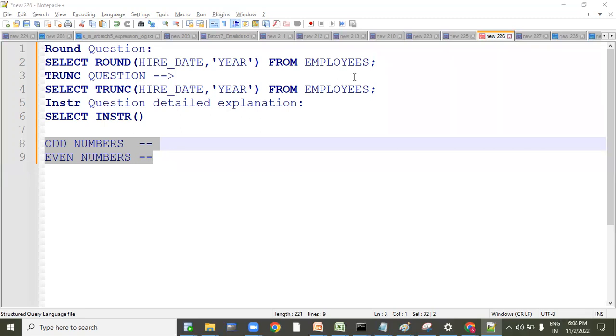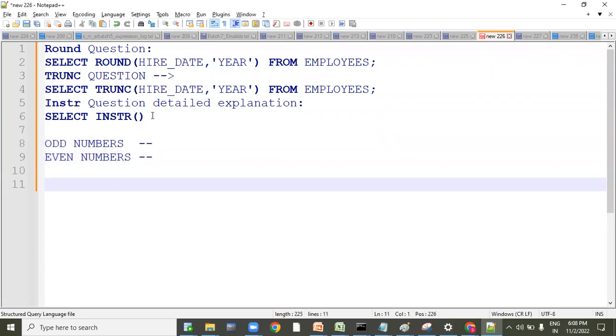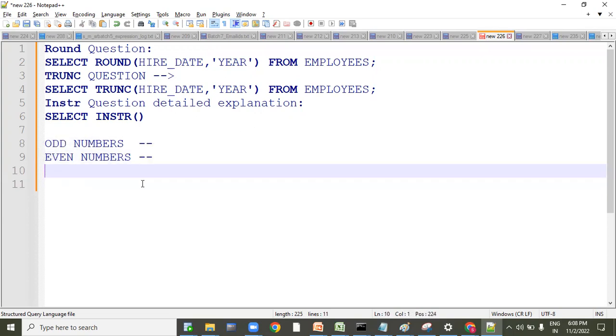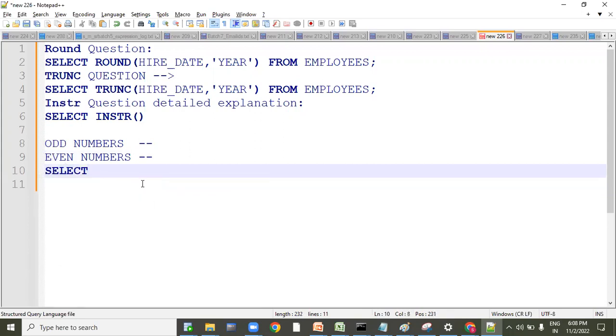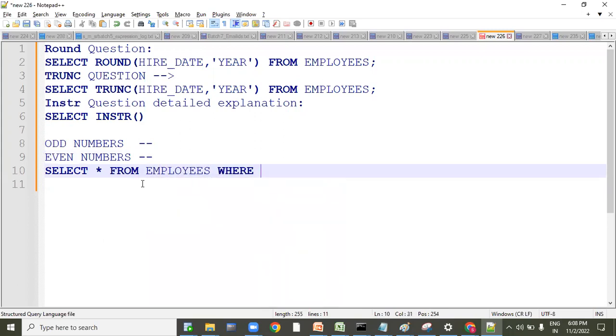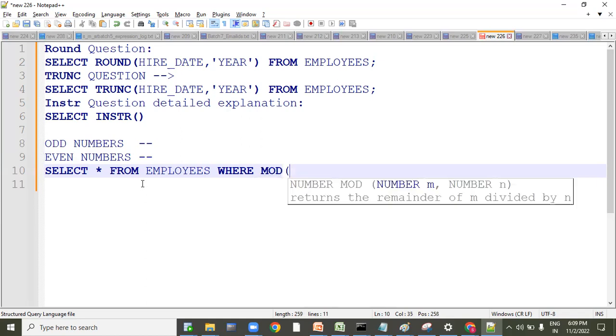Now, let's go with the first question, even numbers and odd numbers. How to write it? Yesterday I explained, right? Select star from employees where, if you want to find an even number, what remainder will come? 0. If you want to find an odd number, what remainder will come? 1. Which one do we have to use? To divide it by